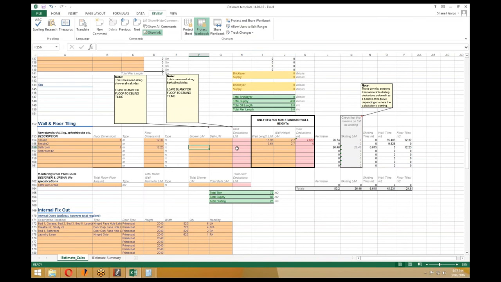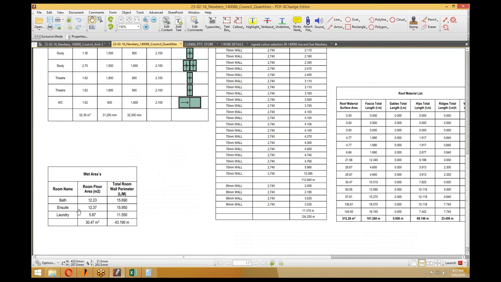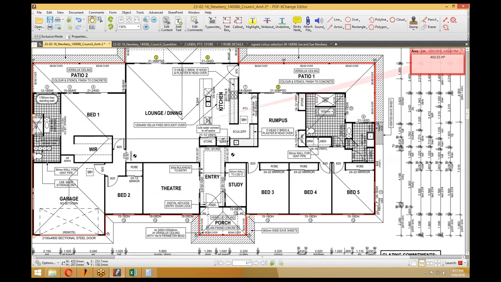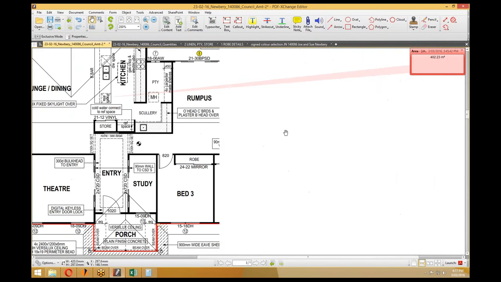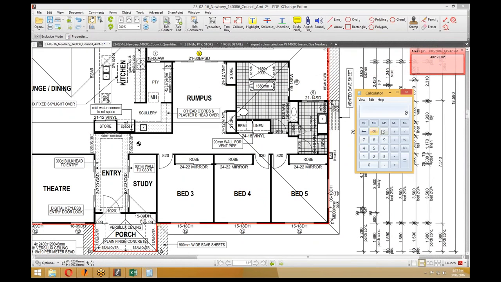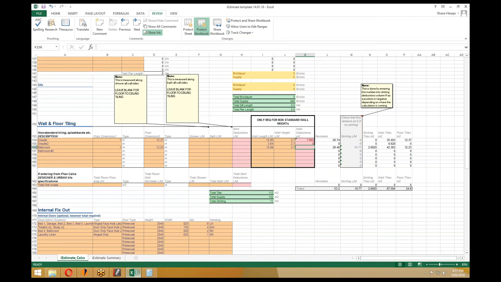Once again, we don't worry about these fields here. Now total wall length is 15.69 by 2.7, and the deductions would not be dissimilar. If we take out the total door area, so 0.82 by 2.1, it's 1.722, so equals sum